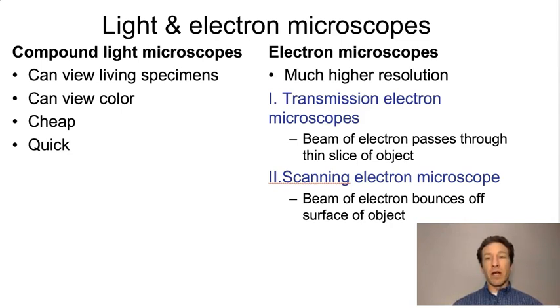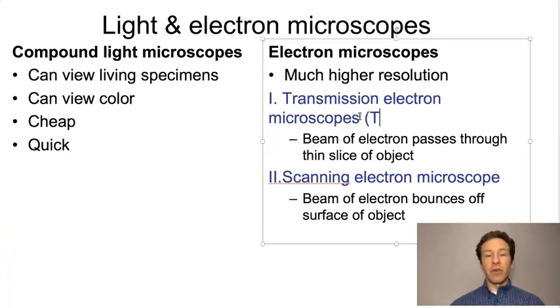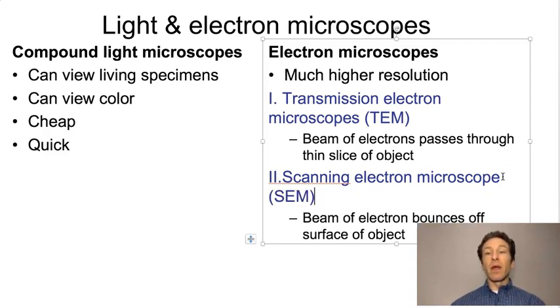There are two types of electron microscopes: transmission electron microscopes and scanning electron microscopes. With transmission electron microscopes, which you will often see referred to as TEMs, the idea is that a beam of electrons passes through the object being viewed, much like light passes through the object with a compound light microscope. In contrast, with a scanning electron microscope, which you'll see abbreviated as SEM, the beam of electrons is reflected off the surface of the object, and it's the bouncing of those electrons off the surface